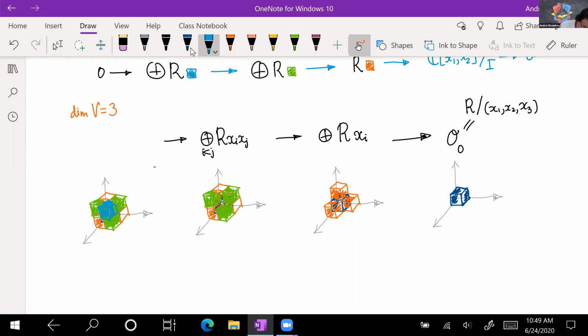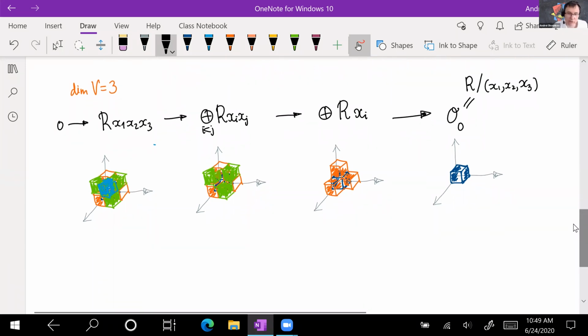Okay, it looks like a Rubik's Cube, except it's a kind of simplified Rubik's Cube. It's R, x1, x2, x3. And that's the resolution. And this resolution is a torus equivariant resolution. It's clear how to make it a GL equivariant resolution. We just take, well, the GL equivariant resolution, the way it's written is you take,